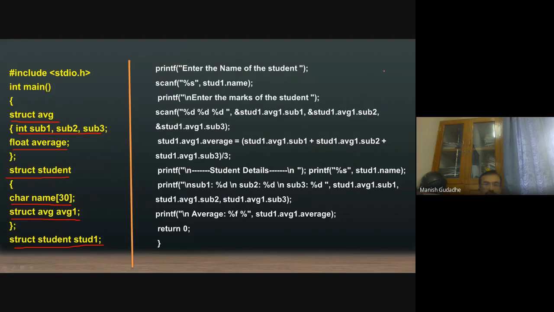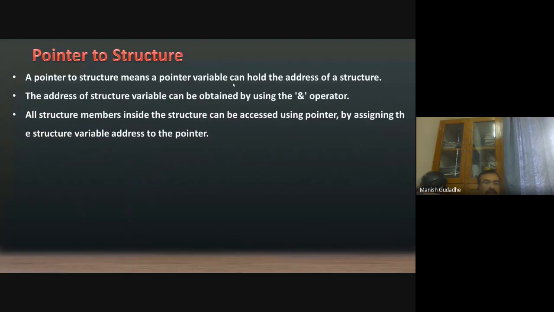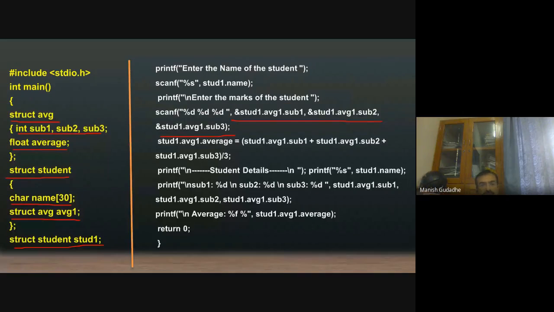Again, std1 is defined, and as I said, it has exactly the same effect and usage. So there is no difference between the previous and this definition, but these are the 2 different methods with which we can declare 2 structures. So this is about declaring a structure within a structure.